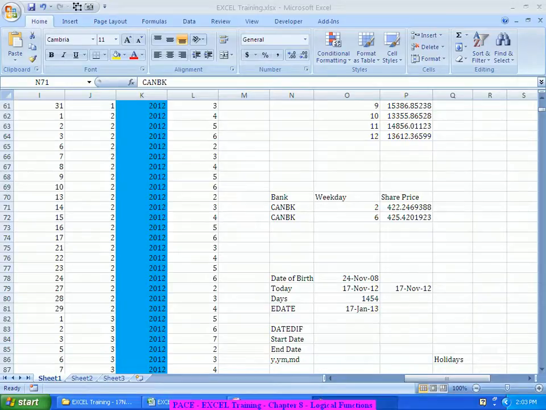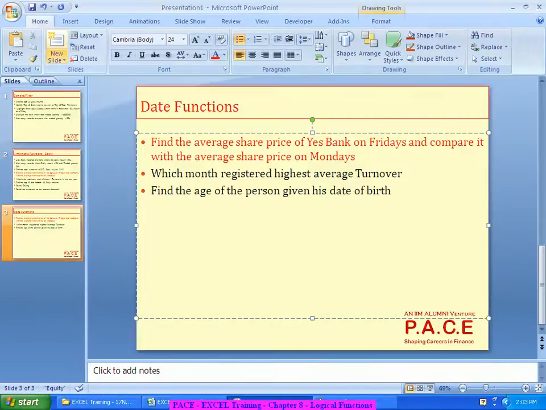Now let's start looking at using some logical functions, and slowly we'll move on to the lookups. So for that, some of the queries which I would like to create,